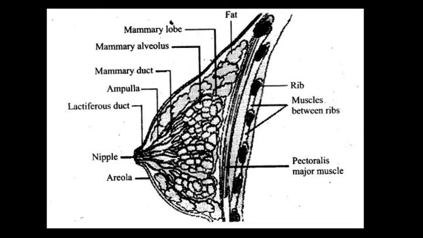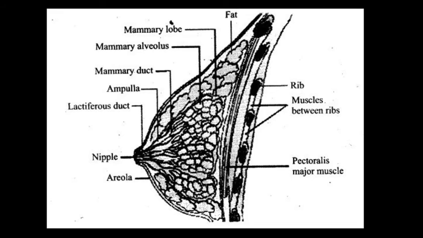Each mammary gland contains 15 to 20 mammary lobes, and in each mammary lobe there are cells we call alveoli. The alveoli have the function of secreting milk for the nutrition of the baby, and this milk is stored in the lumen cavity of the alveoli. The ducts of each lobe join to form a mammary duct, and several mammary ducts join to the wider mammary ampulla.